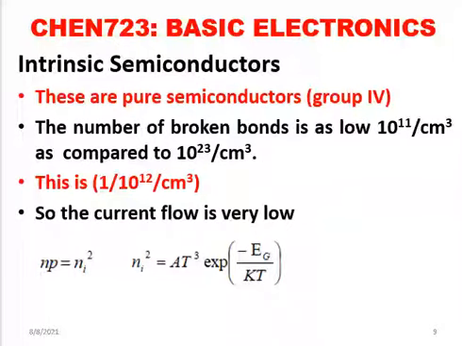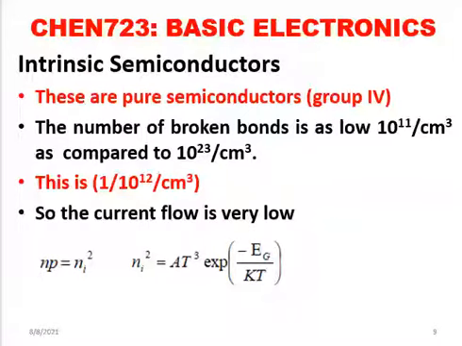Now, the semiconductors are also categorized into 2. We have what we call intrinsic semiconductors and what we call extrinsic semiconductors. And what are the intrinsic semiconductors? They are the pure semiconductors. That is, the real group 4 elements which are not doped, or we didn't introduce any foreign material to them. They are purely group 4 semiconductors. If it is silicon, everything is silicon. If it is germanium, everything is germanium.